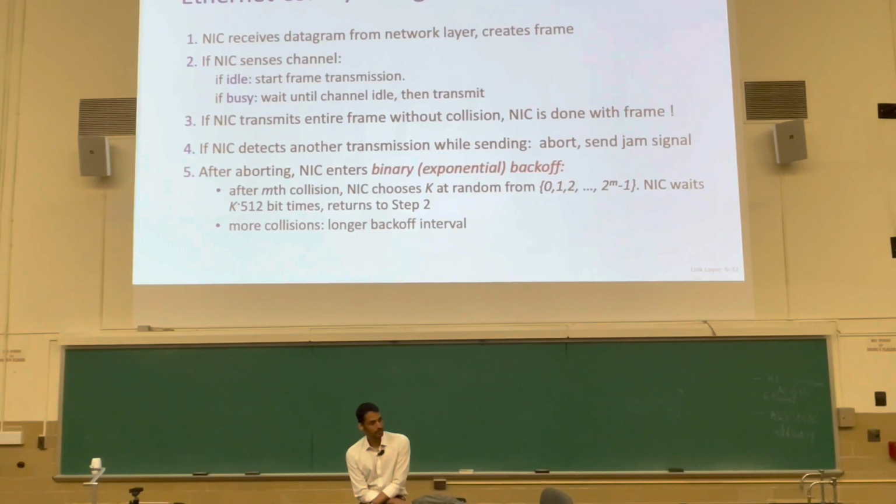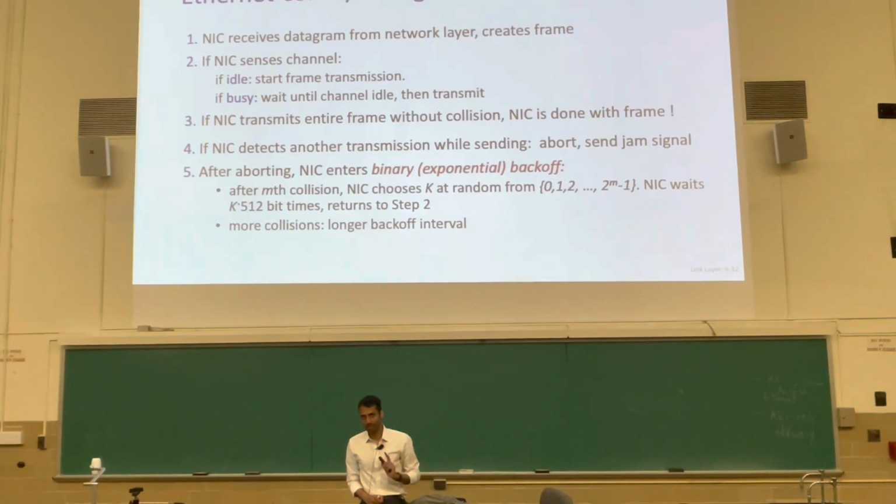Exponential backoff means, it's not quite Aloha's transmitting in a slot with probability p. There's no notion of slots. Instead, it will stay silent, back off for some time, and again try. If there's again a collision, it will double the backoff and wait for a longer period of time. These times are randomly chosen. They're not fixed constants, because if they're fixed constants, everybody will keep trying again at the same time. That's not useful. They will randomly choose it from some interval. That interval keeps on increasing. So the expected backoff time will keep on doubling.